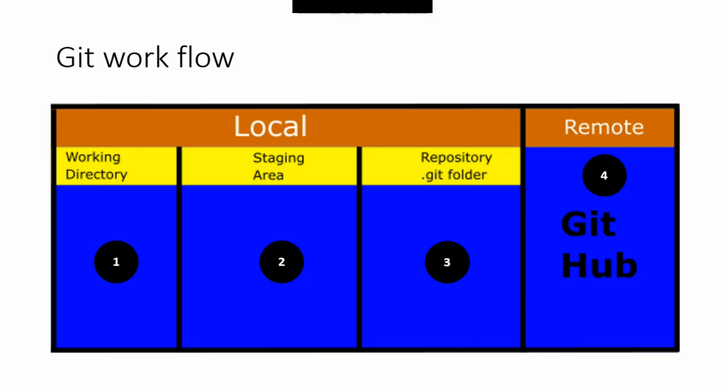So remember, you will get the project into your working directory by cloning it from some kind of hosting service like GitHub, GitLab, etc. Once you get the project into your local system, which is basically the working directory, you will start making changes. Once you start making changes, they would be placed into the staging area. We move to the staging area by doing an operation called add. I'm going to talk about add, but for now just think that we do an operation called add, and then from the staging area we move to the local repository, and moving to the local repository is done by an operation called commit.